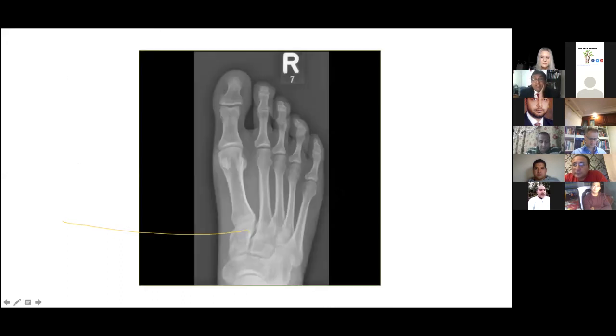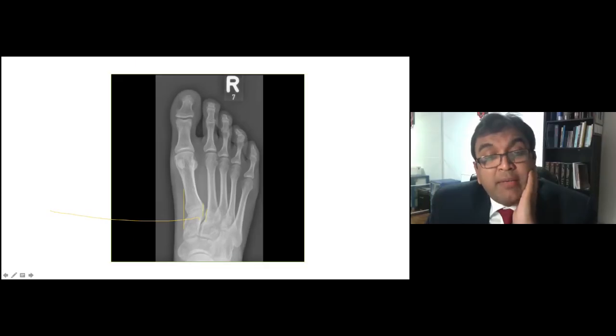So you do the X-ray, and then you need to look at the medial border of the medial cuneiform and the first metatarsal. This is what you are looking for on the AP view: the lateral TMT joint and the medial border of the second TMT joint. Then you have to look at the space between the medial and intermediate cuneiform, and the first web space